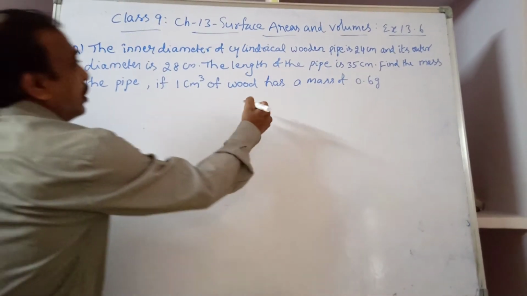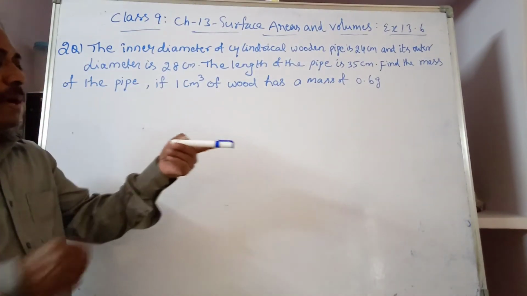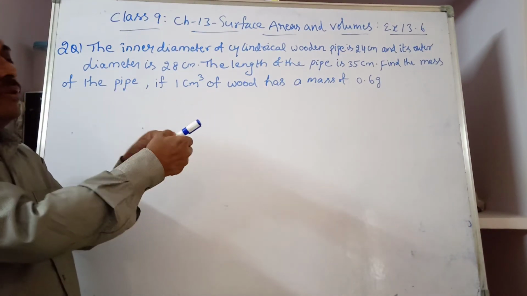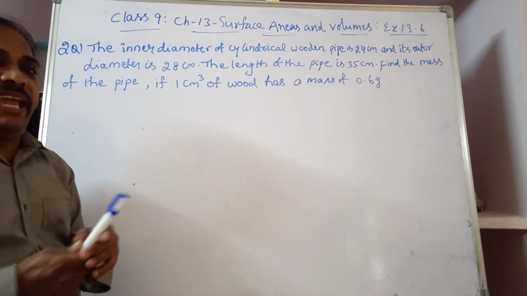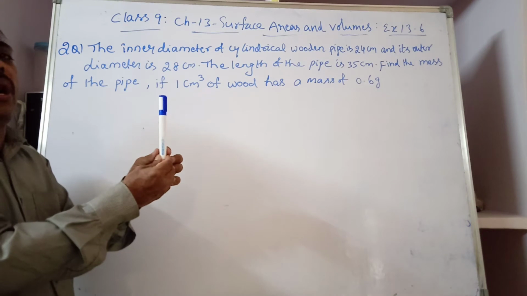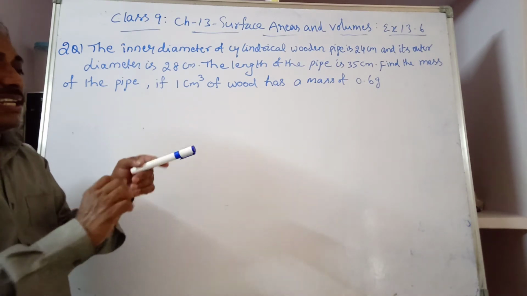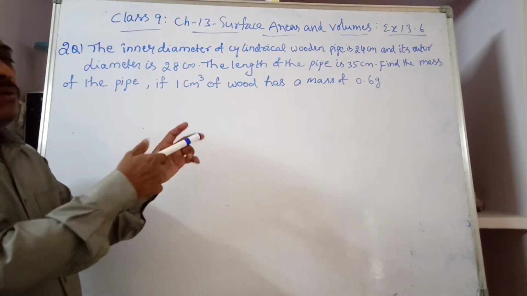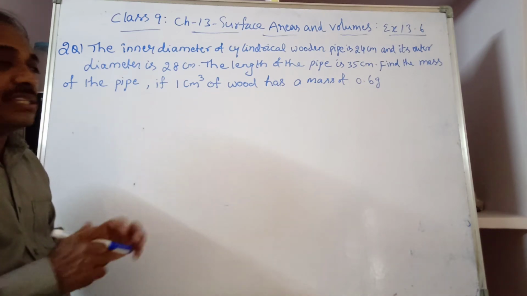So when we get such type of questions, sometimes a cylindrical vessel, now you see this is a pipe. If you make it like this, with height, and if you make it like this, length. So length and height both are the same for the cylindrical vessel or a pipe or whatever it is. When we make it like this, this is the length. When we make it like this, then we can say this is the height of the cylinder.